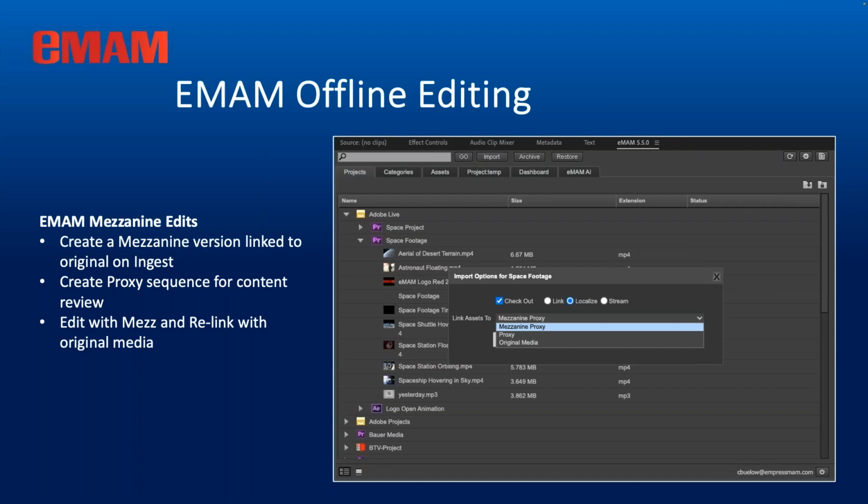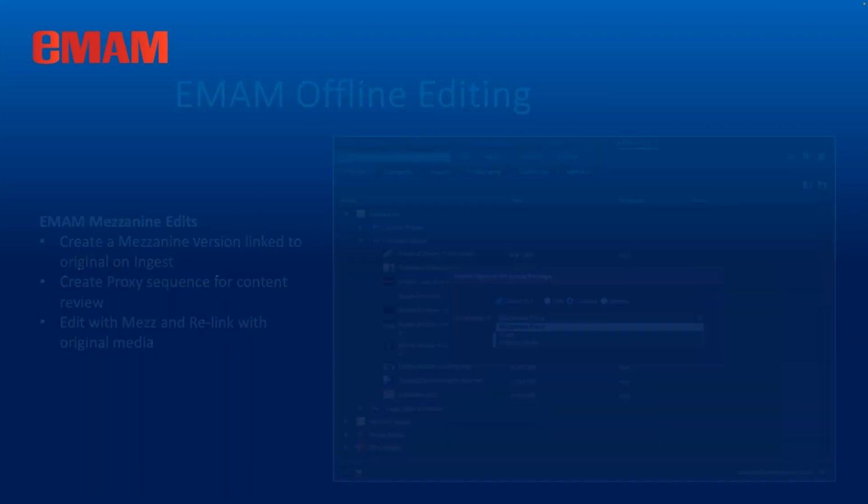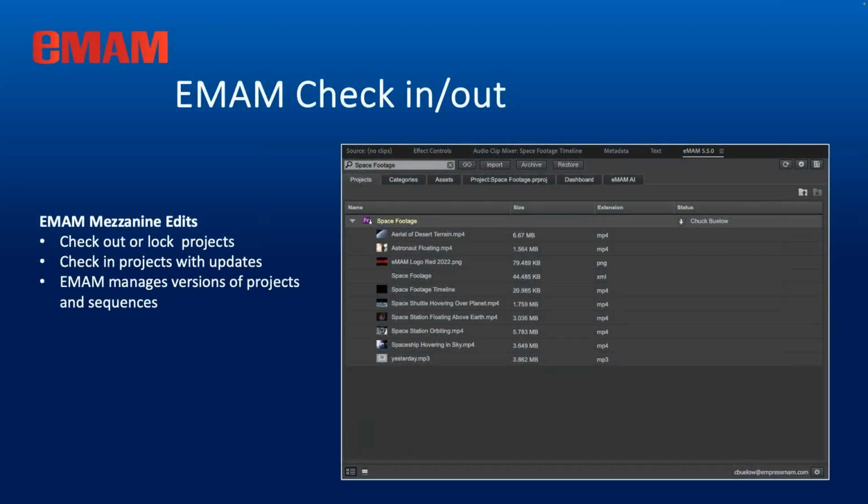So again, we do a check-in, check-out, and that kind of thing. So now, the one thing is when you do check out a project, nobody else can check that out. Okay, the media is still available in other projects and various things, so you're not locking that out. But the project itself is the one I'm working on. I'm going to edit with, and I'm going to check it back in, and it then makes the project available for others to check out.